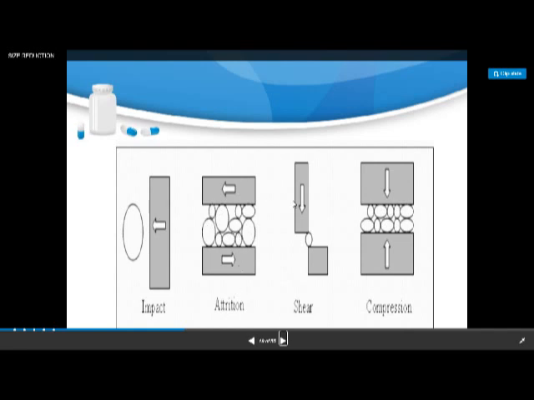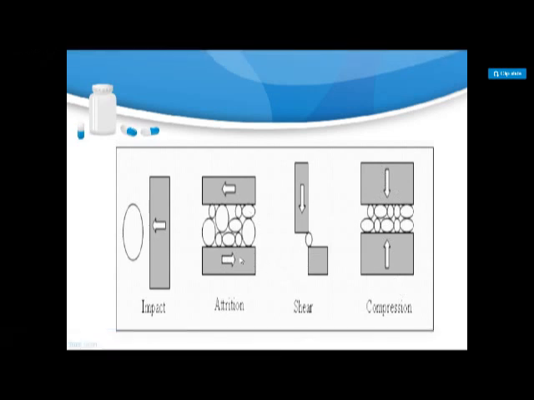This is the compression, that by applying pressure on this surface, between these 2 surfaces, this material is going to crush. Now see here, in case of compression, between 2 surfaces, this material is going to crush by applying pressure, and in case of attrition, these 2 are moving in opposite directions, like grinding. So this is called attrition. And one is cutting. So these 4 are the mechanisms of size reduction.